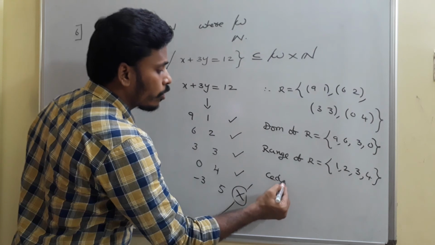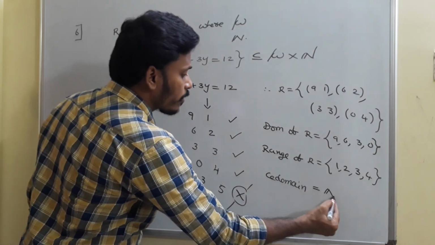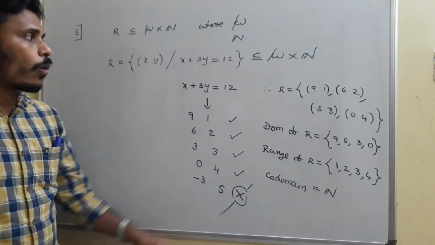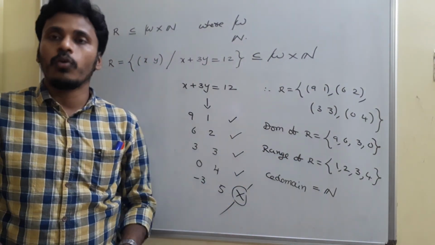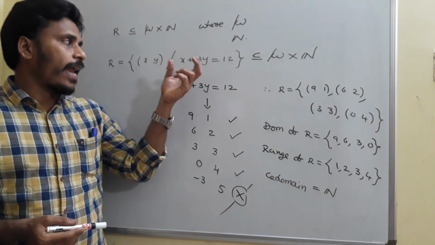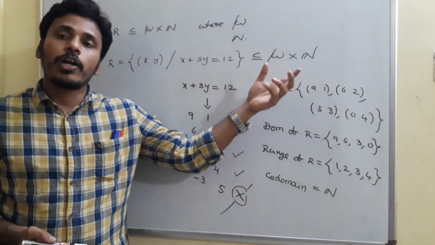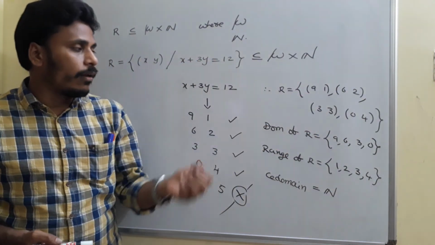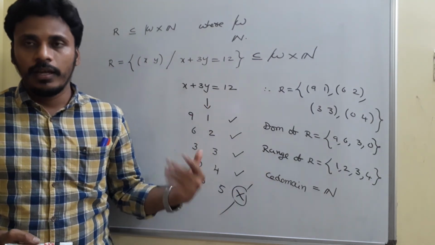And what can we say about the codomain of the relation? As I mentioned, codomain is nothing but the second set. Here what is the second set? The natural numbers. So the natural numbers itself is the codomain. So in this way usually we crack the rule of the relation, and we find the list of elements, and after that using the list we represent it in different forms. We will write domain, range, codomain and everything. Just have a look.